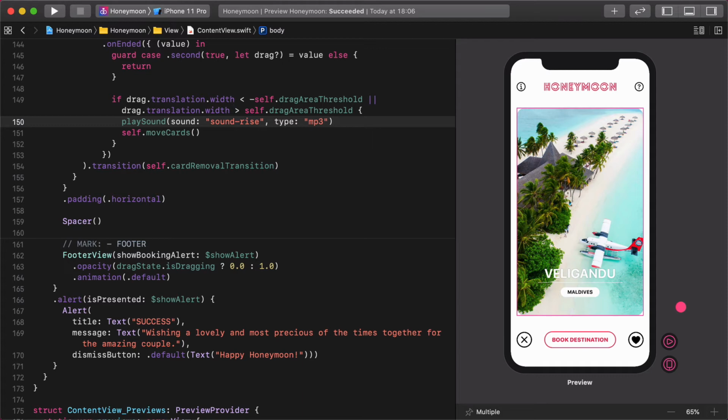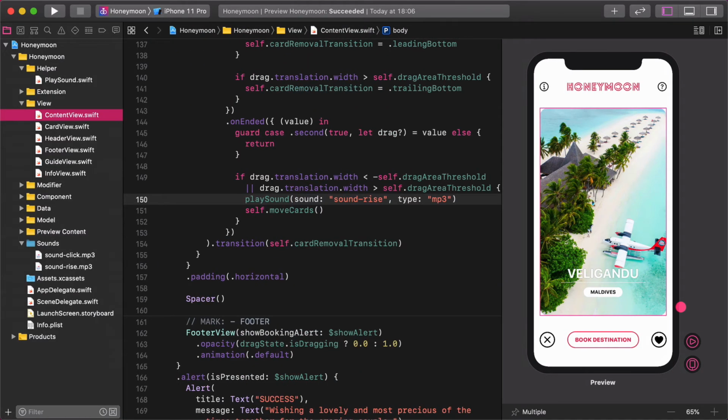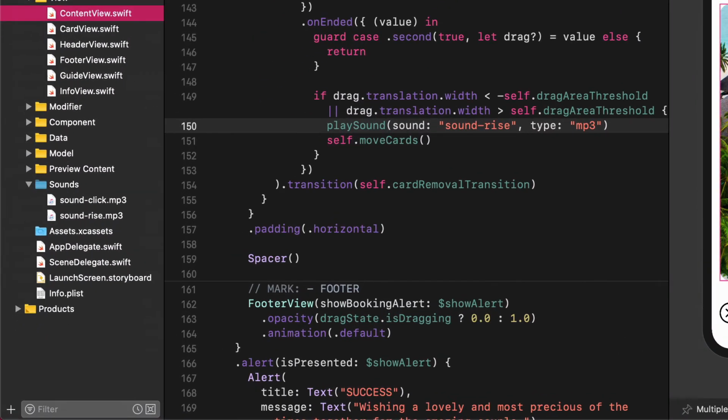Hold on a sec, I will stop the recording now and take a deeper look to figure out why we couldn't hear the sounds. Alright, I figured it out. There is no problem with the code and with the function, but I made a rookie mistake at the beginning of this section.